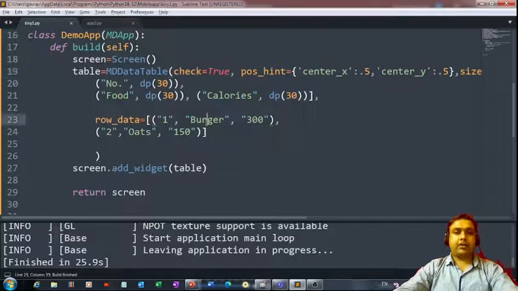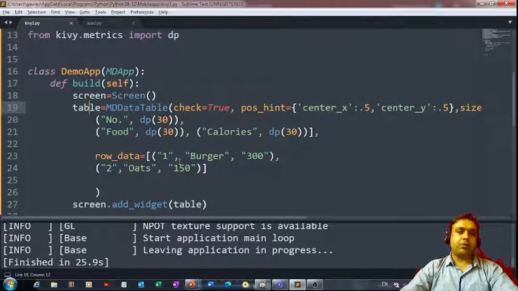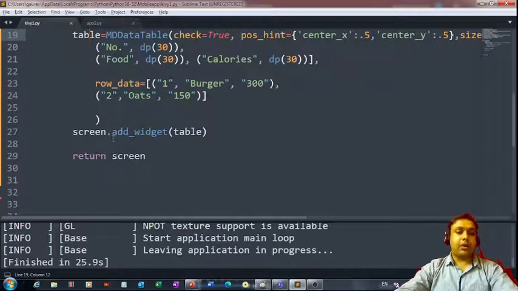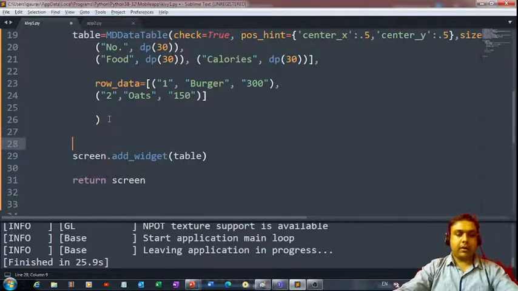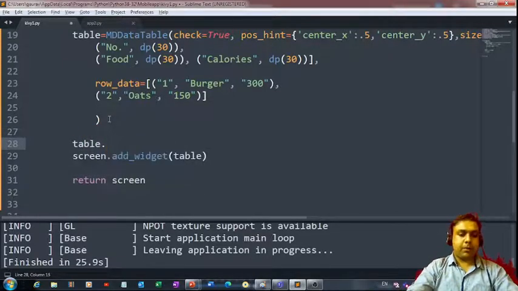Right, so this is the way you can add checkboxes to the rows of your table. It's time for us to now check out how we can bind our table with some functions. Suppose the user clicks the table and something should happen. For that, you can make use of some function and bind it to your table. And how will you do that? It's very simple. You can come down over here and then use this table dot bind function, and suppose you want something to happen if the user clicks on any of the checkboxes.